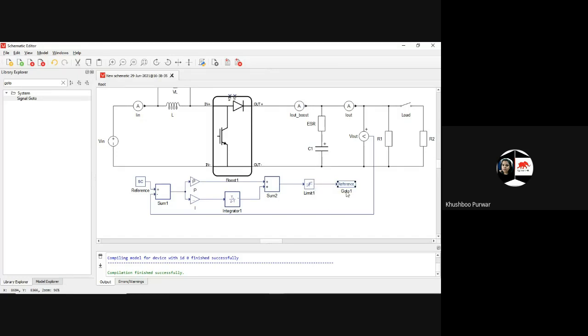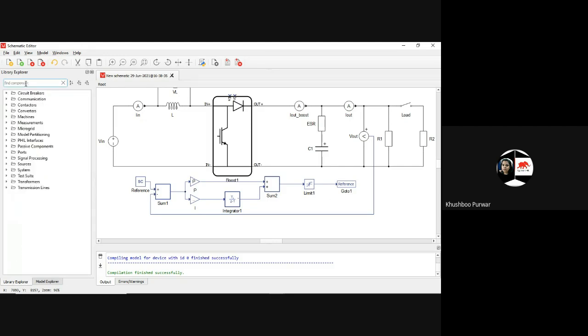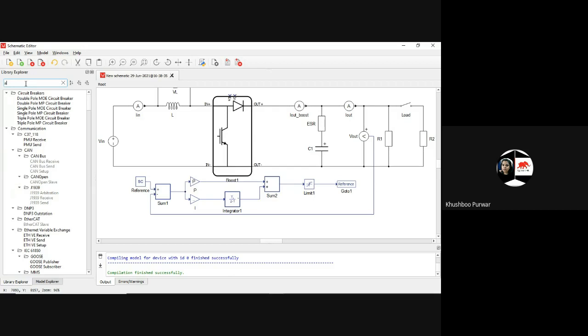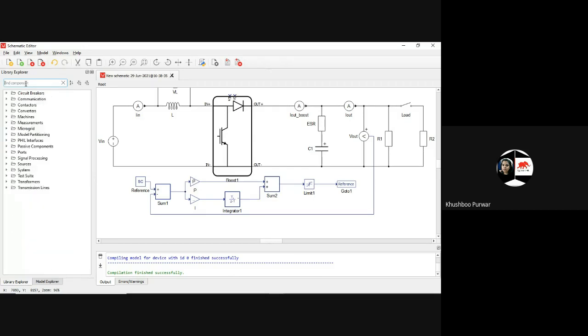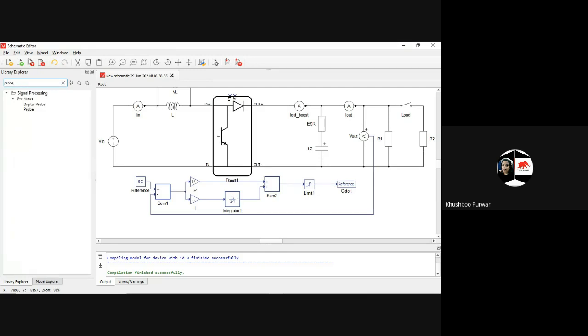Okay, this is go to signal. And here I will use one analog probe, because here I'll measure the modulating signal. Analog probe I will be using because I want the modulating signal to be measured in the SCADA panel.